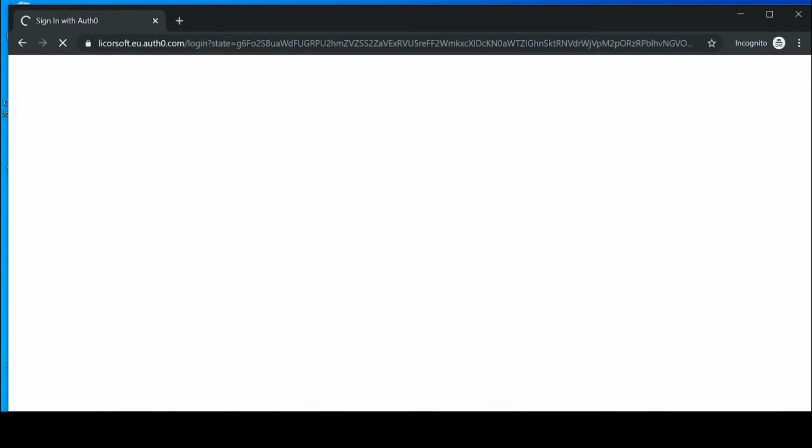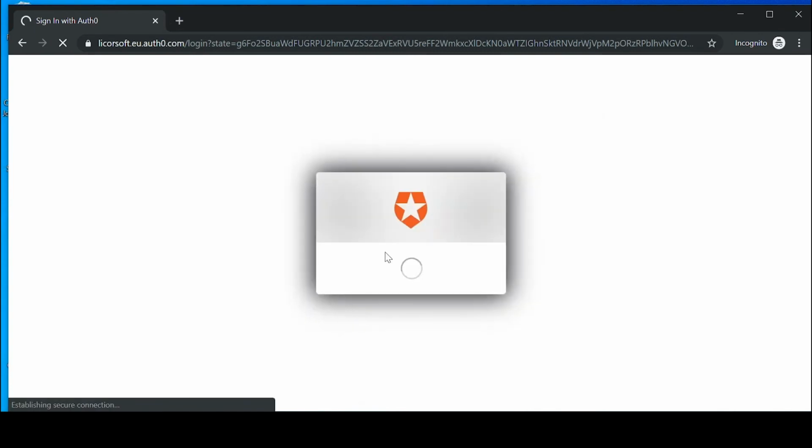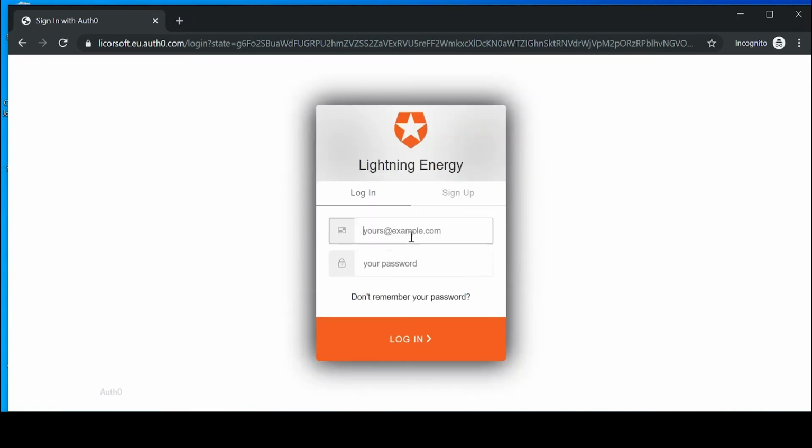Now, the key here is that what we're doing is changing where customers are seeing consent according to the journey they're on. So here the Auth0 screen is loaded up. This has got Lightning Energy, and this can obviously be customized in any way as you see fit. We've kept this quite close to the Auth0 default so that you could recognize it. In this case, Emily's going to log in, so it's Emily at demouser.co.uk. She pops in her password, and when she clicks login,